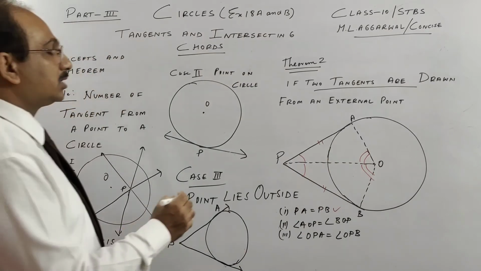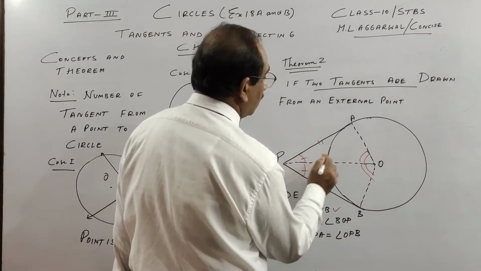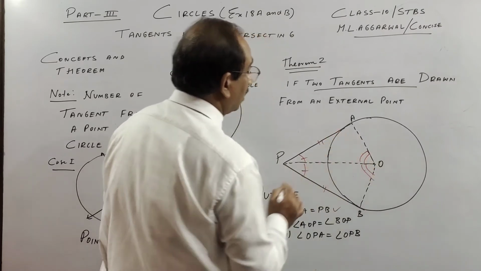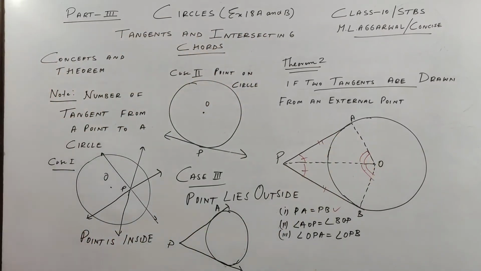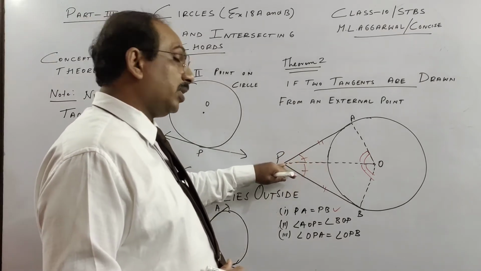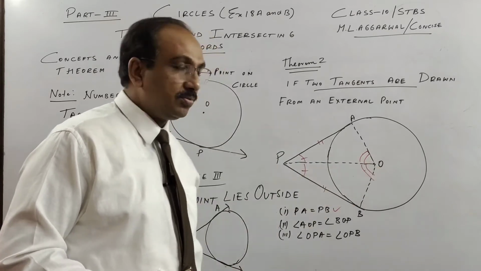So the last one, you will see these two angles are equal, this angle and this angle. Okay, second was this angle and this angle. So the third one, if you name it, it is called the tangents are equally inclined to the line joining the point and the center of the circle. The tangents are equally inclined to the line joining. Okay, so these two are equal. It is equally inclined to the line joining from this to the center of the circle.